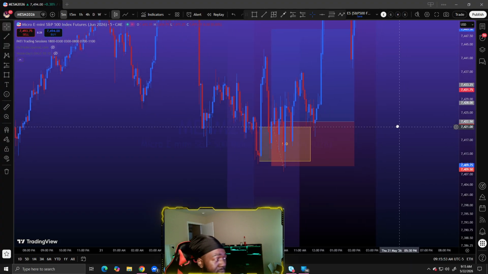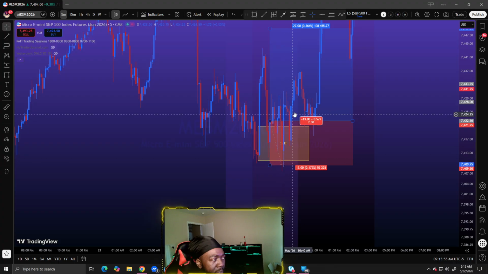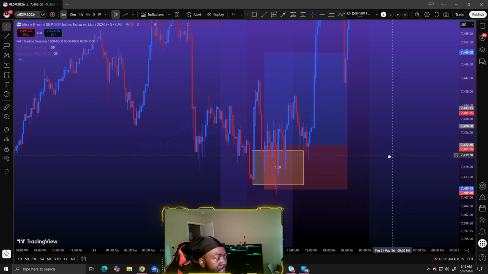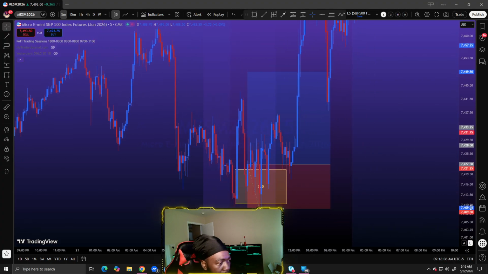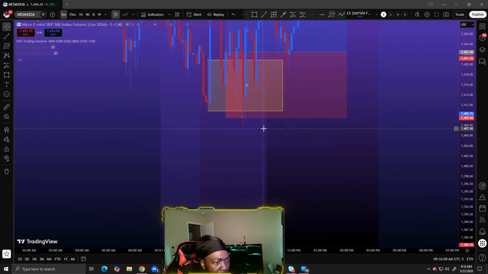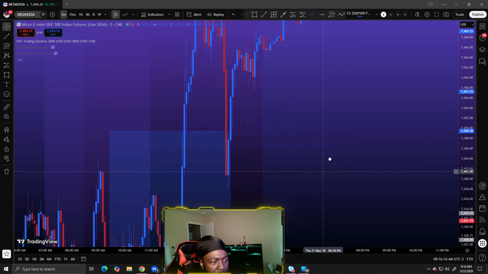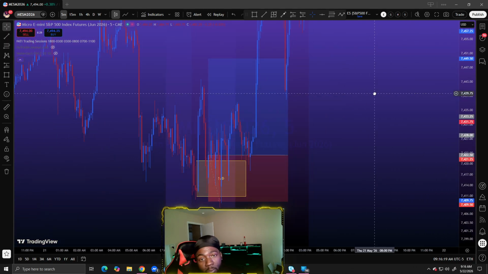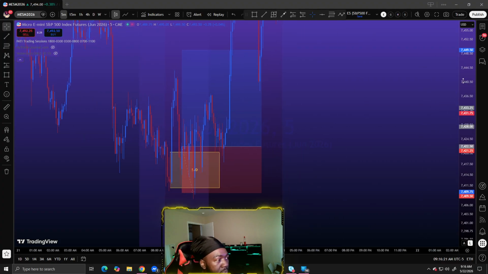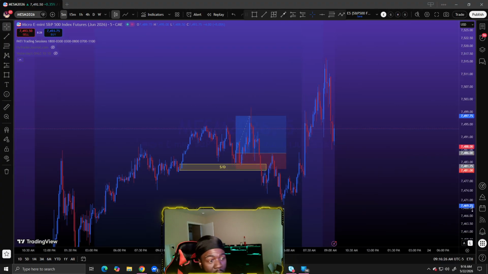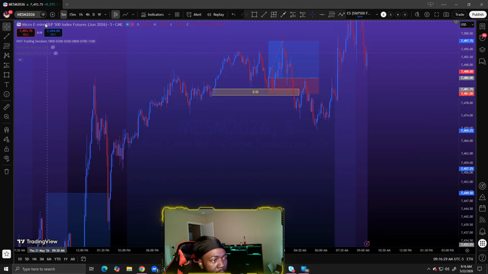There was a lot of consolidation going on. I didn't really like the trade after I got in. It was doing a lot of bullshit. I was in profit and drawdown, and profit and drawdown, and profit and drawdown. Big emotional roller coaster, and then it ended up stopping me out. As you can see, it stopped me out by this much right here before it ended up doing all of this and going in my direction. Look at that. First trade would have been a win. I would have been up $1,200 instead of just 3. But anyway, this is MES, by the way. This is micro S&P.